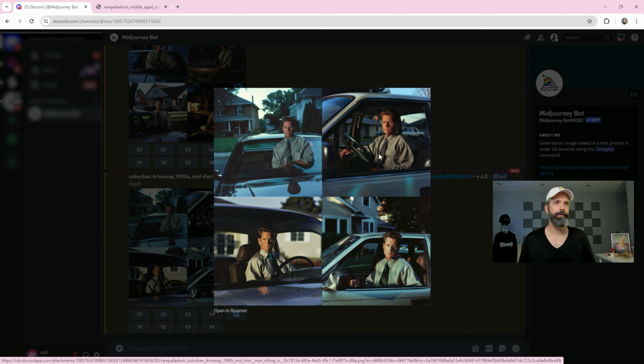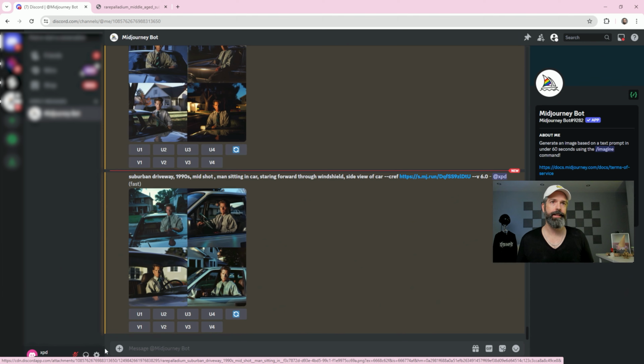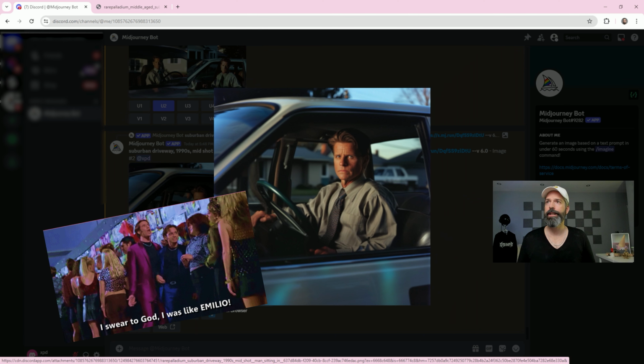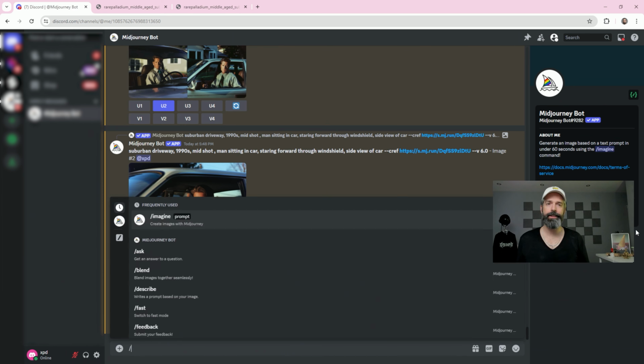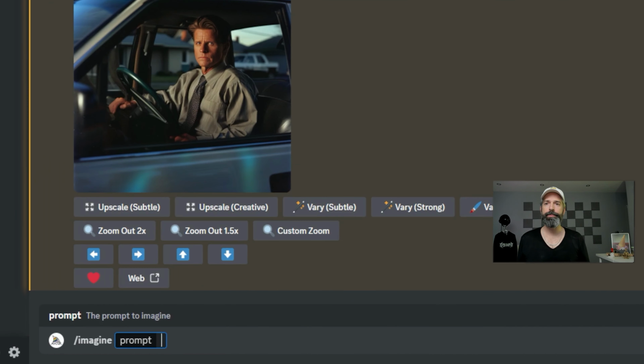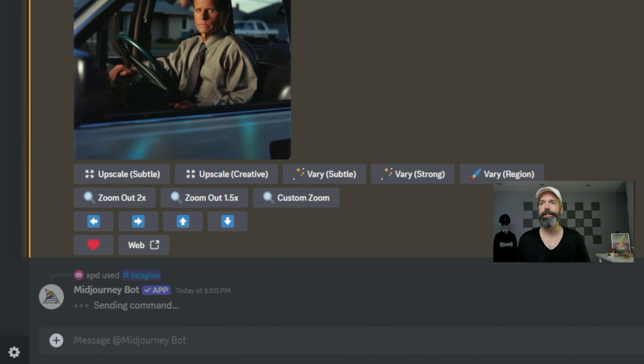And he looks a little bit more Emilio Estevez, but I'll take number 2 as I think it works. Emilio! Now to keep building my storyboard, I'll just run that command again and continue describing the different situations. So if the next scene was him walking up to his front door, you just run it again. And you can be pretty vague. Man walking up to 90s suburban house door. And again, you just do the cref, paste it in, wait again.